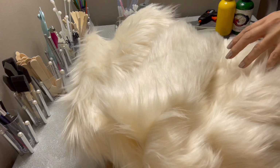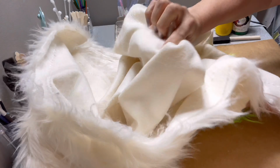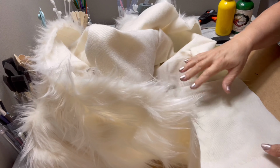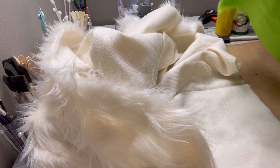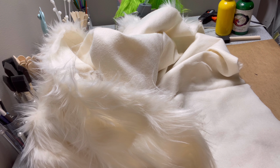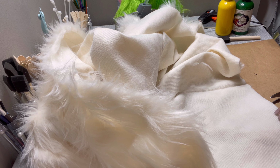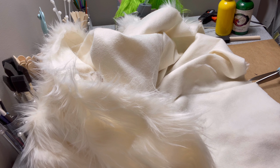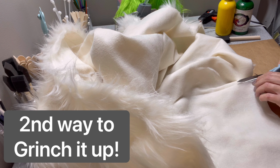All of this for $13 for the same price. So the fact that it wasn't colored is what makes it so much less expensive. I'm like, okay, I am going to color my own. I went everywhere. I went to Hobby Lobby. I went to Michael's. I was trying to find Grinch green fur, and I just couldn't find it without breaking the bank. So I am going to show you the second way to make a Grinch gnome, and that is